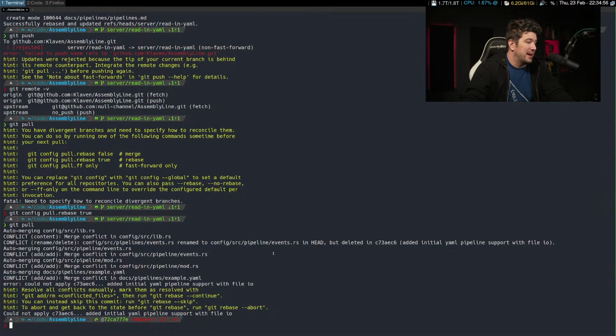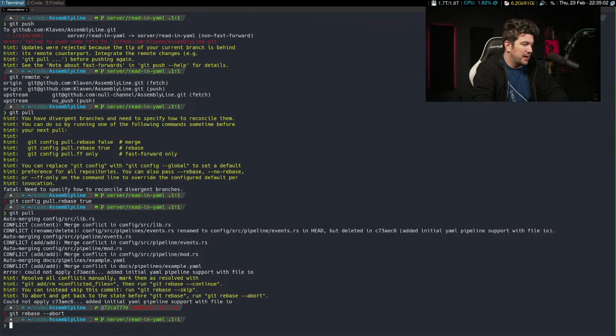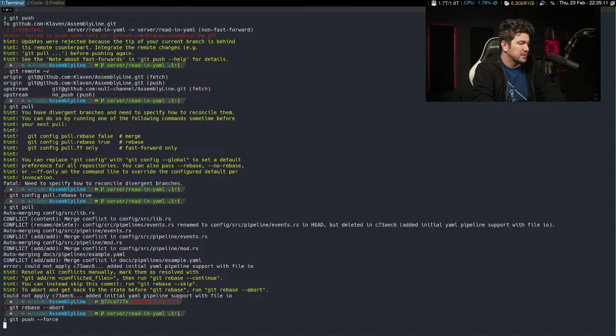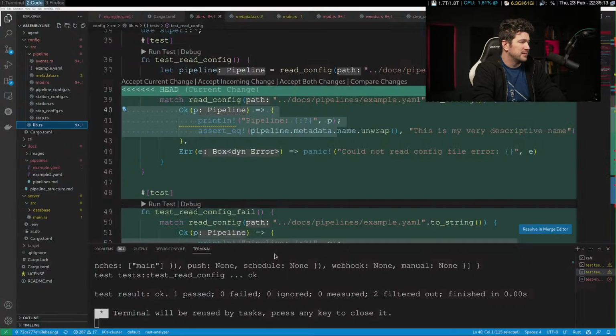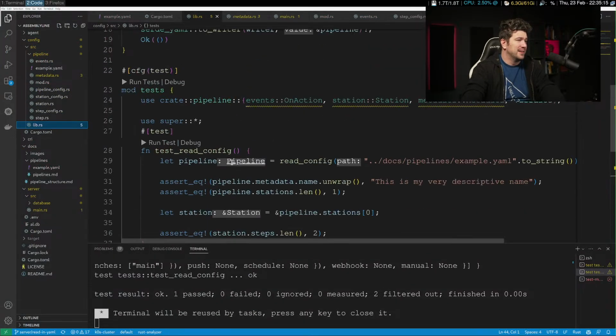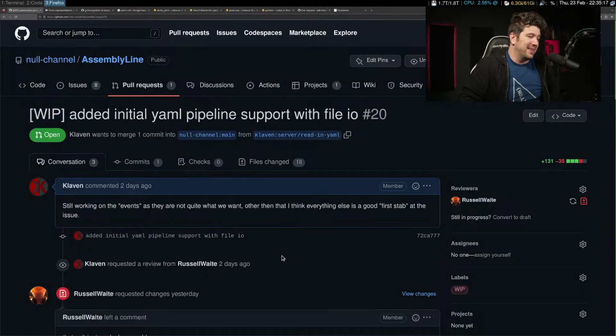I was not thinking. One second. Git rebase abort. I squashed already. I just need to push. It says that I'm 1 ahead because I rewrote history. Git push force. Done. Wow, I was not thinking.